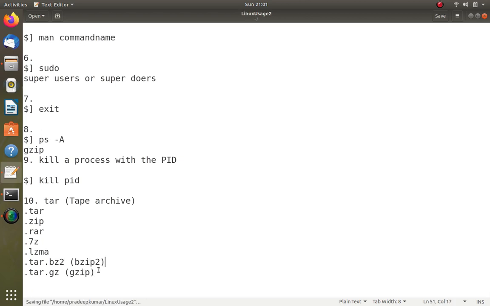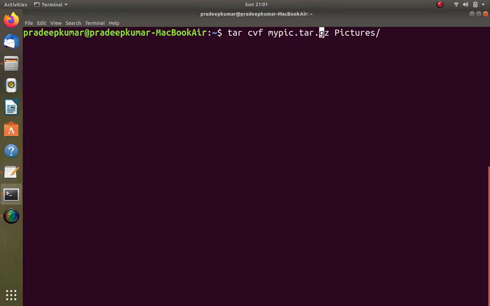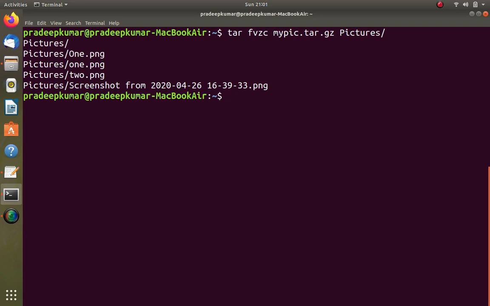So for gzip, I use the same tar command, but I can use z for gzip. You can write the options in any order, f v z c. You can alter them anywhere. You can use it this way. Now in this case, it compresses.